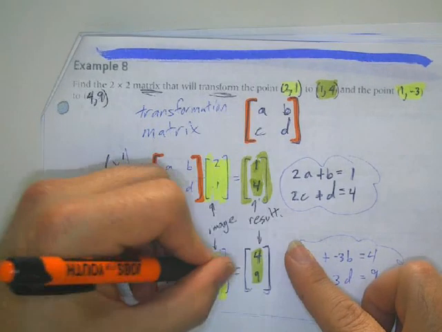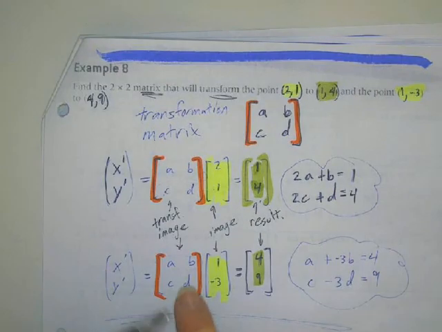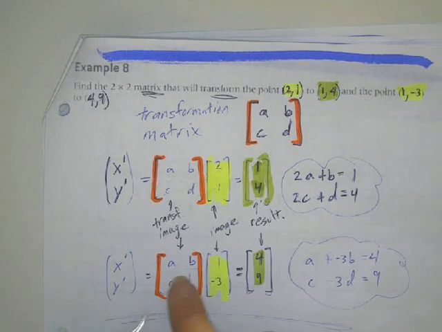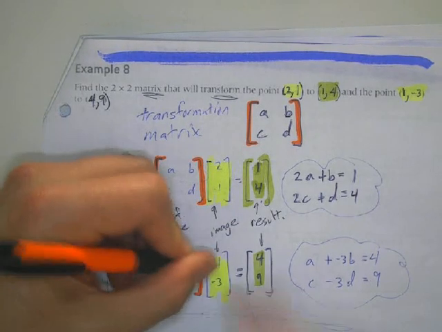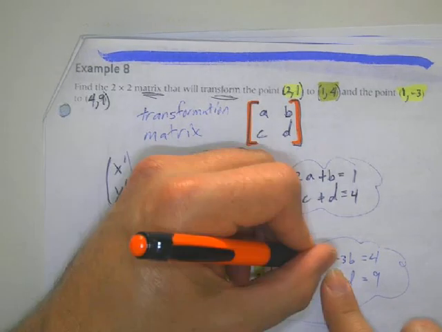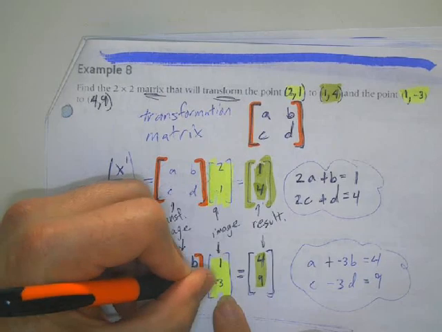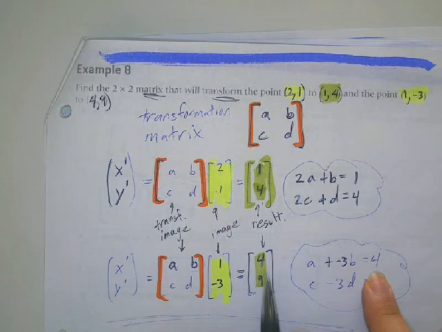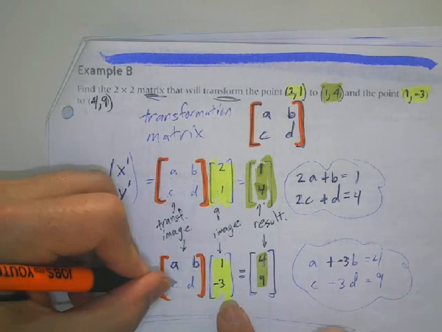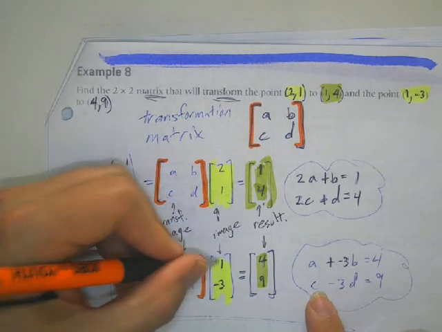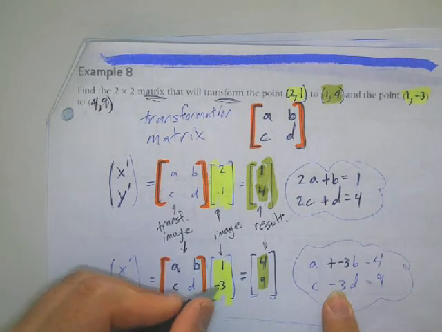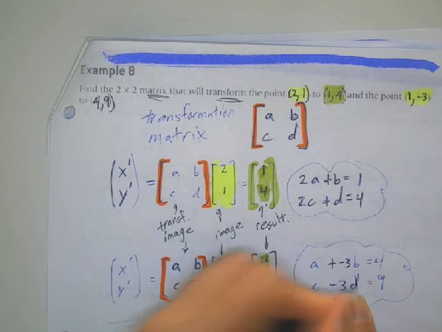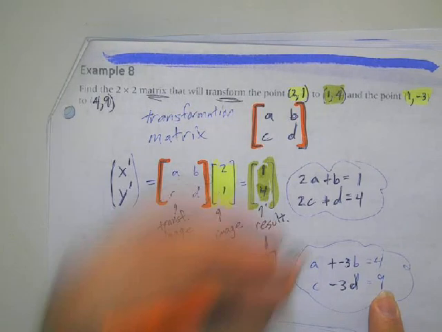Okay, so if I've got the transformation times the image to get my result, I've got A times 1 plus B times -3, and that's going to equal 4. And then the next line is going to be C times 1 plus negative 3 times D, and that's going to be equal to 9. So now I've got these equations,